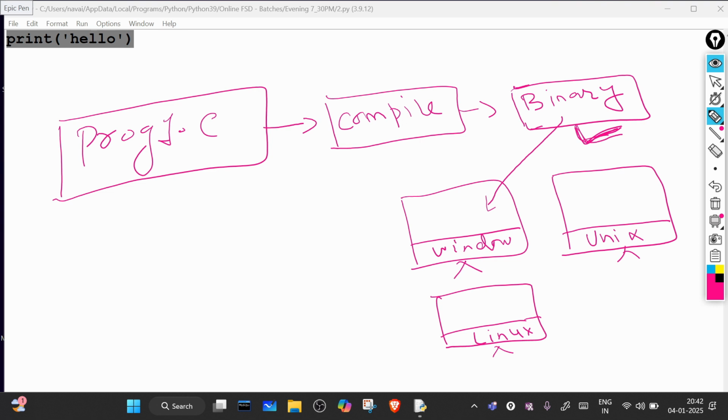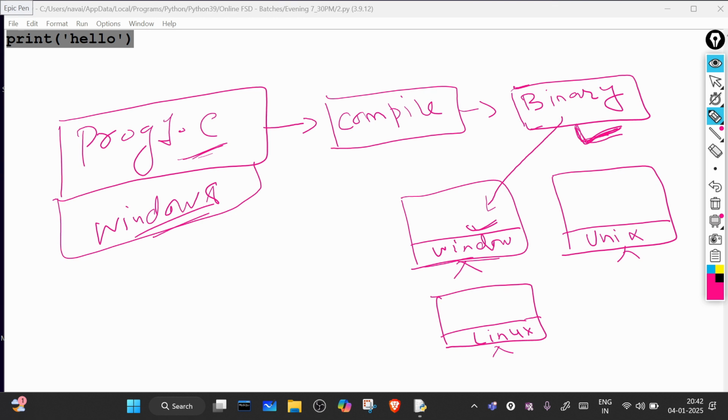If you are executing this program on a Windows machine, you can execute this binary code only on the same platform. If you are developing the code in a Windows environment, you can execute it only in the same environment.